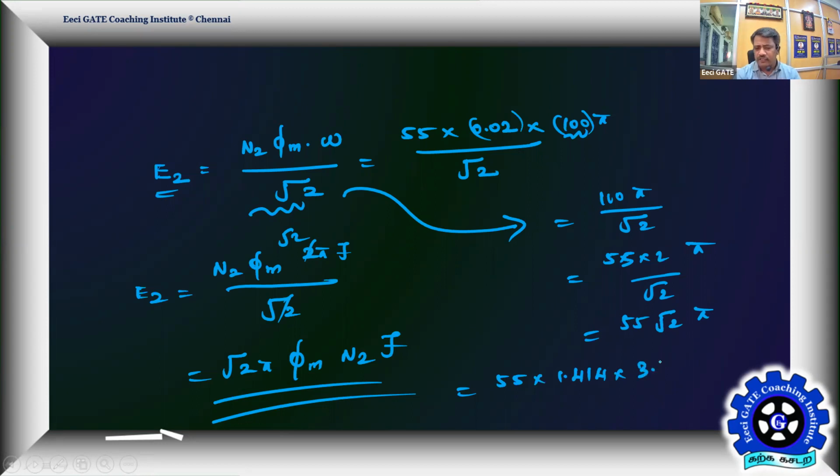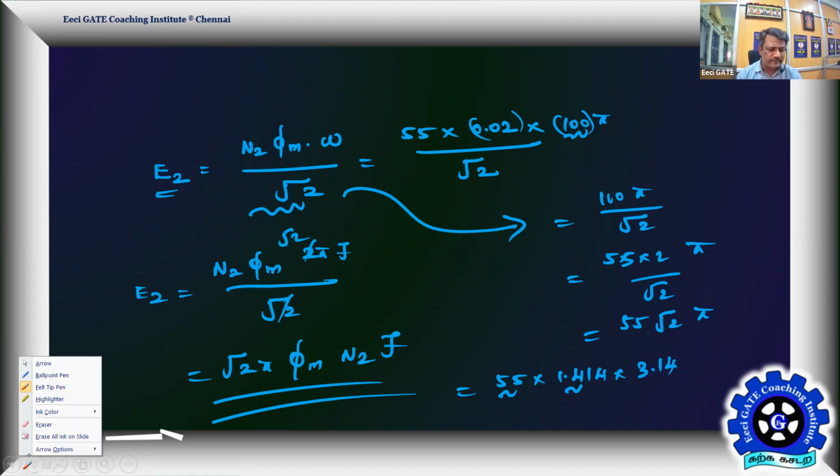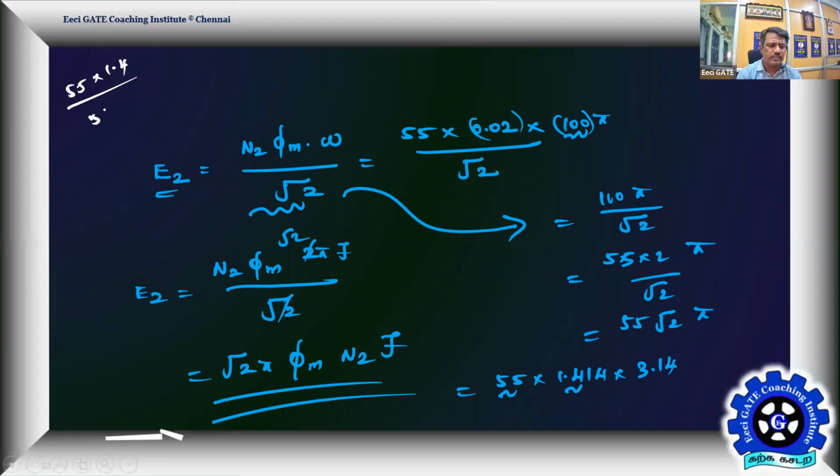It's a multiple choice, so we'll quickly get the number. Roughly go for 55 into 1.4. I can happily use a calculator, but you have to have the habit of examination, where you are not having the calculator in your hand. So 55 into 1.4, let me do first. It's 55, then 40% of 55, so 4 into 55 is 220, so it's going to be 22.